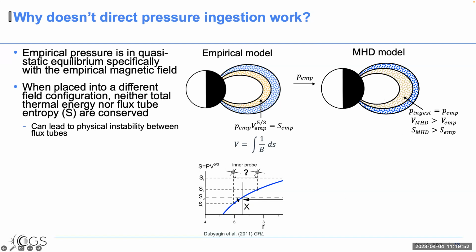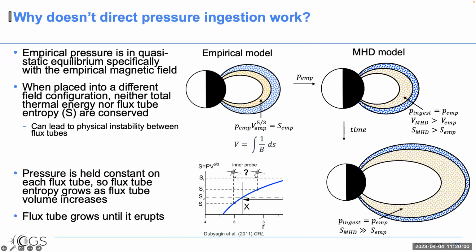And so that would show up as a little bump along here, and that would be unstable. And so that field line wants to move out until it reaches its stable position. But the real problem is that even as that field line grows and that flux tube volume grows, we're still holding pressure constant. So we're just increasing entropy even more. And so it will never reach its stable position as it keeps moving outwards,